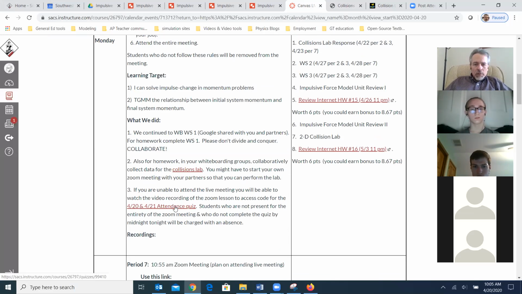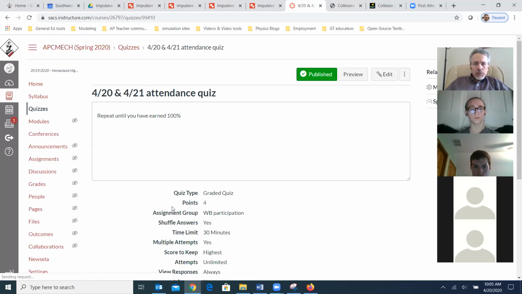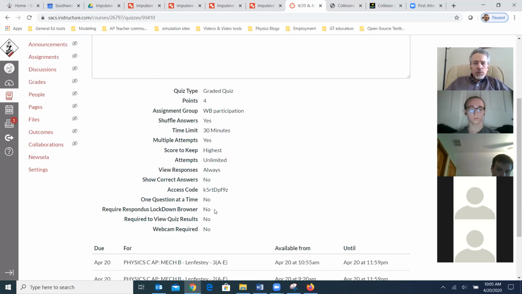Now I have to talk about this attendance quiz. For this attendance quiz, here's the code. So copy down this code. It's lowercase k as in kangaroo, 5, R as in red, T as in Tom, uppercase D as in dog, lowercase p, lowercase f, the number 9, and the lowercase z. Lowercase k, 5, lowercase r, lowercase t, capital D as in dog, and then the rest are lowercase